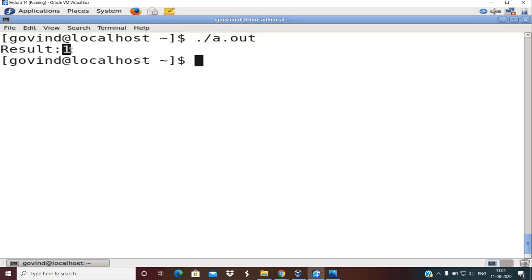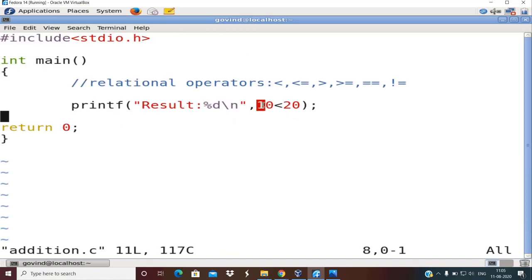What you are seeing is the result is printing 1. So it is clearly visible from this that yes or true in an English-like statement means a value of 1 in C. Yes or true was the convention that we used in yesterday's session on algorithm and flowchart. Both are mapped to a value of 1 in C. So why has the relational operator less than returned 1 here? Because 10 is indeed less than 20.